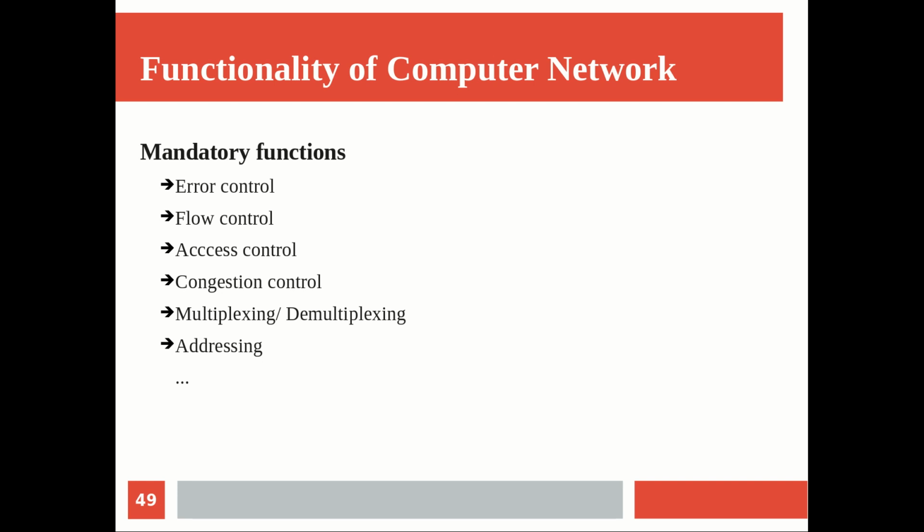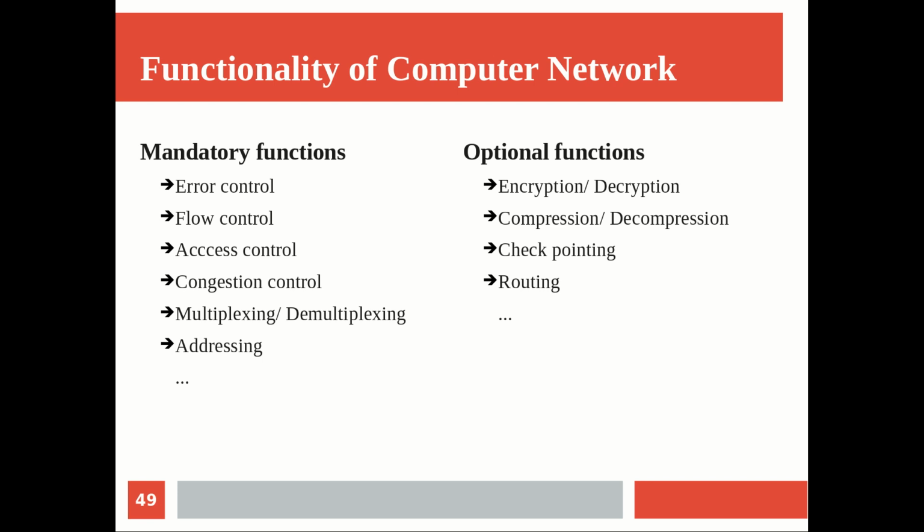Something like quality of service, many things were there, but that is not highlighted much in our syllabus. So mandatory functionality you can keep on listing like this. This is something most important out of them. And what about optional functionality? I also listed some from that category, like encryption of the data, decryption, compression, decompression, checkpointing, routing. You may be wondering why routing comes under optional functionality, and that we will see. All those things we will see in the subsequent discussion. For the time being this is the overview, and we will see one by one. Okay, thank you.